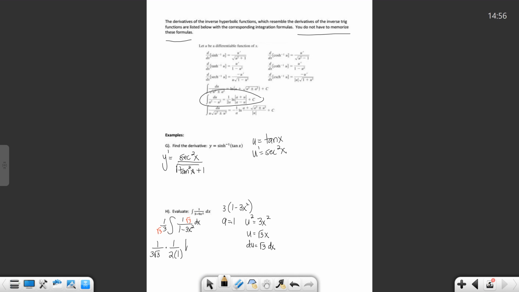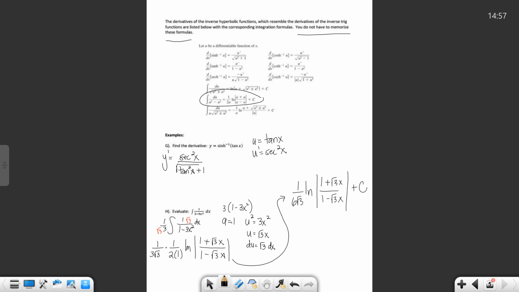Then we've got natural log absolute value. It's a plus u, so it would be 1 plus square root of 3x over a minus u, 1 minus square root of 3x. So let me come right here and write it. If you multiply that, you get 1 over 6 square root of 3 times natural log of 1 plus square root of 3x over 1 minus square root of 3x